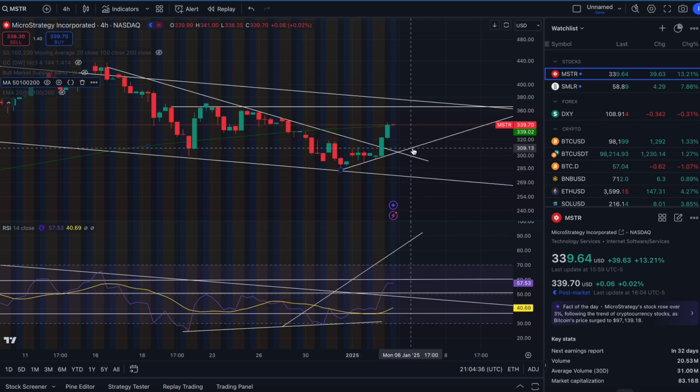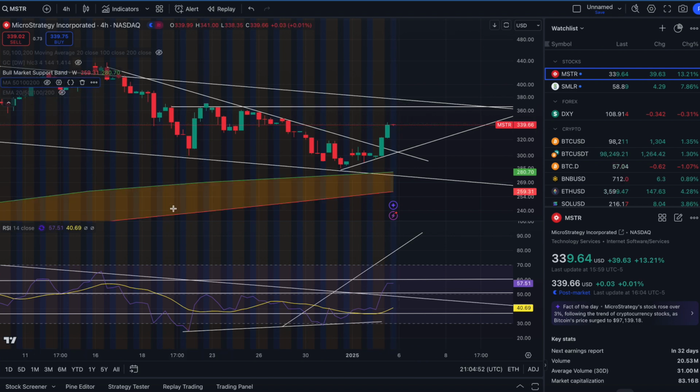Could we get a retracement back down to 300? That's possible. That's definitely possible, but these are bullish engulfing channels. We broke out of this. We could potentially come back down for a back test for 300 before coming up and breaking through that 200 moving average. So this is something to definitely pay attention to.